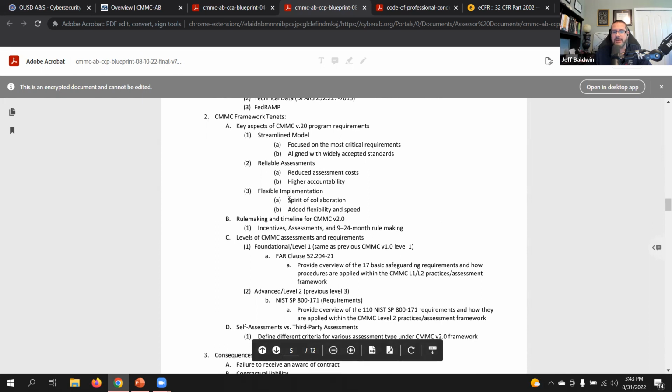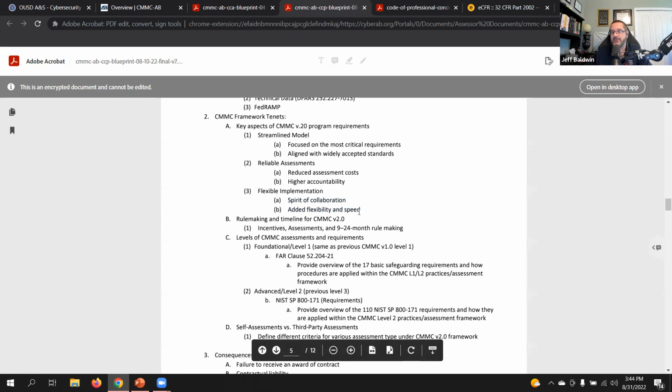And then the flexible implementation is really now level 2 is based on 800-171, so there's really no difference. The good thing is if other agencies adopt this, the DFARS 7012 wouldn't necessarily have applied for them. So with 800-171, with FAR rules and everything else, when that gets pushed out,